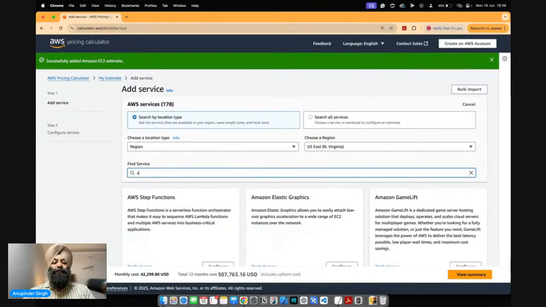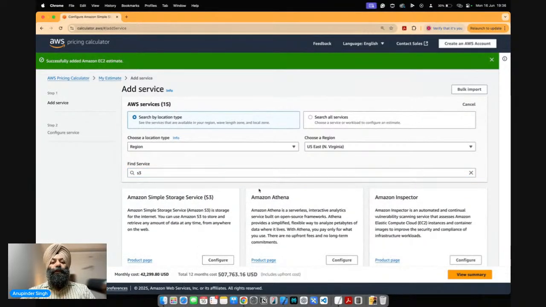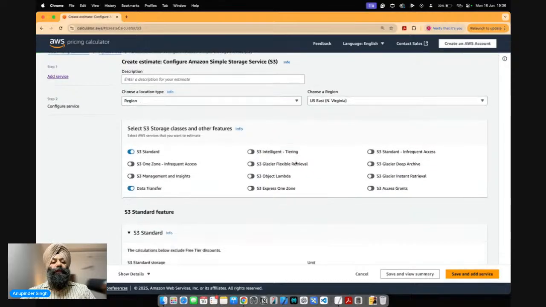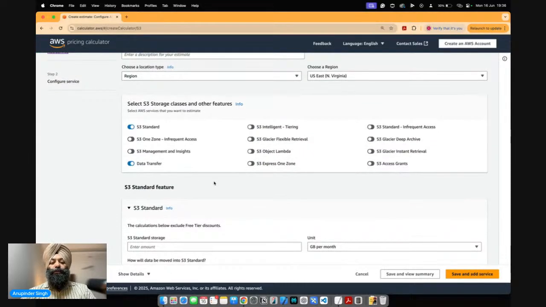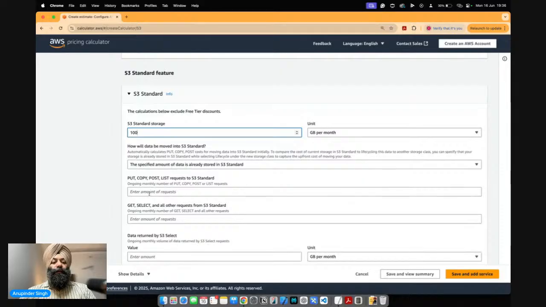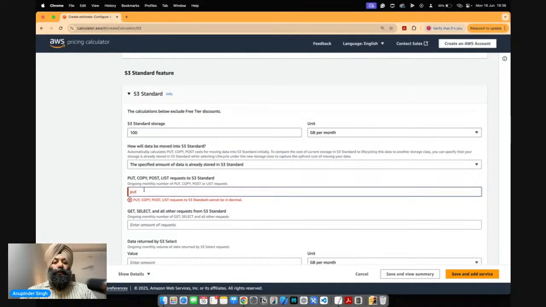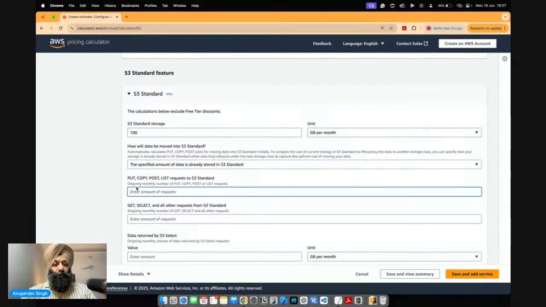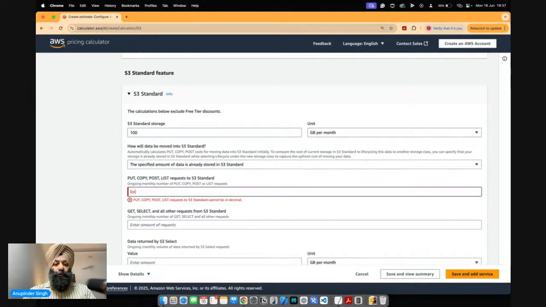So इसी तरह से अगर मैं एक और service add कर देता हूँ, let's say मैं service add करता हूँ S3 की. So उसको configure करता हूँ, configure करने के साथ S3 standard data transfer के लिए जो भी मेरा standard storage है, let's say 100 GB is going to be there, right? And all what I'm going to list out is ongoing monthly call is put copy or list. So let's say I'm going to do a